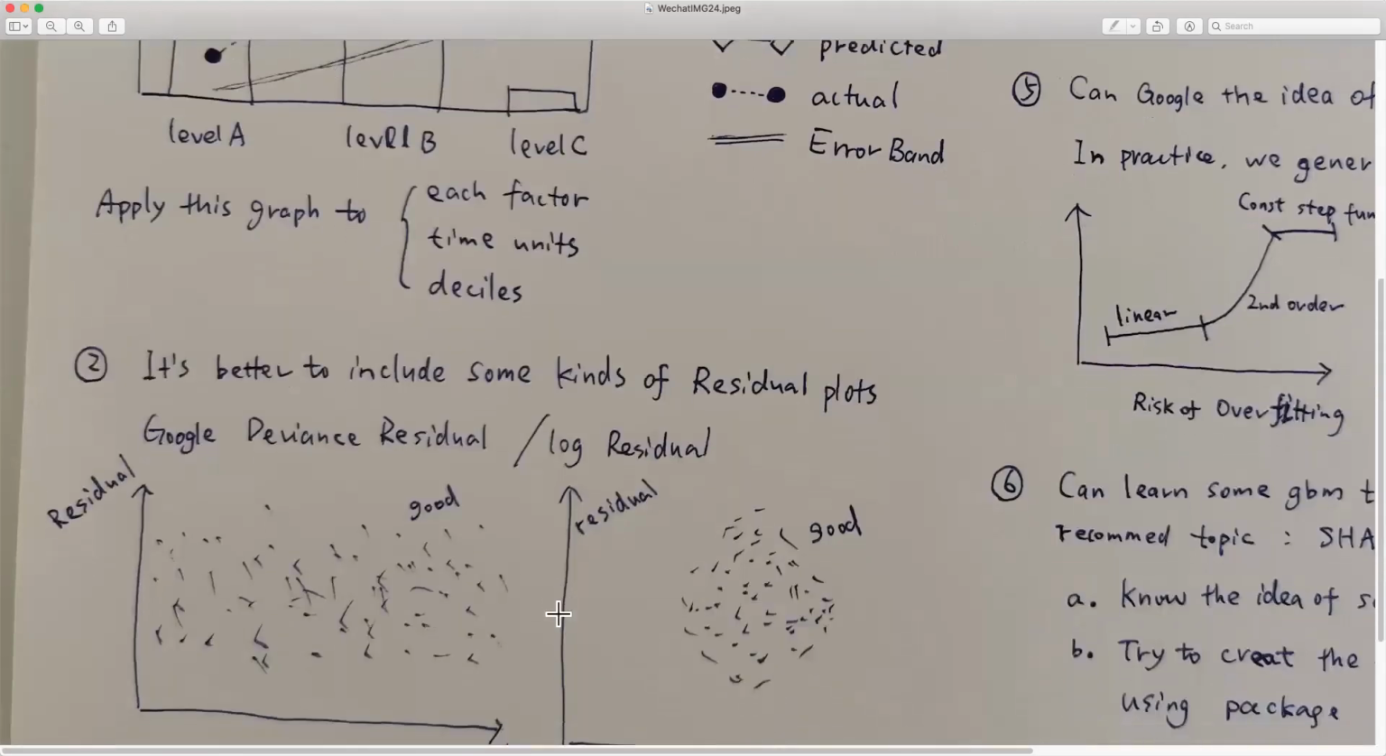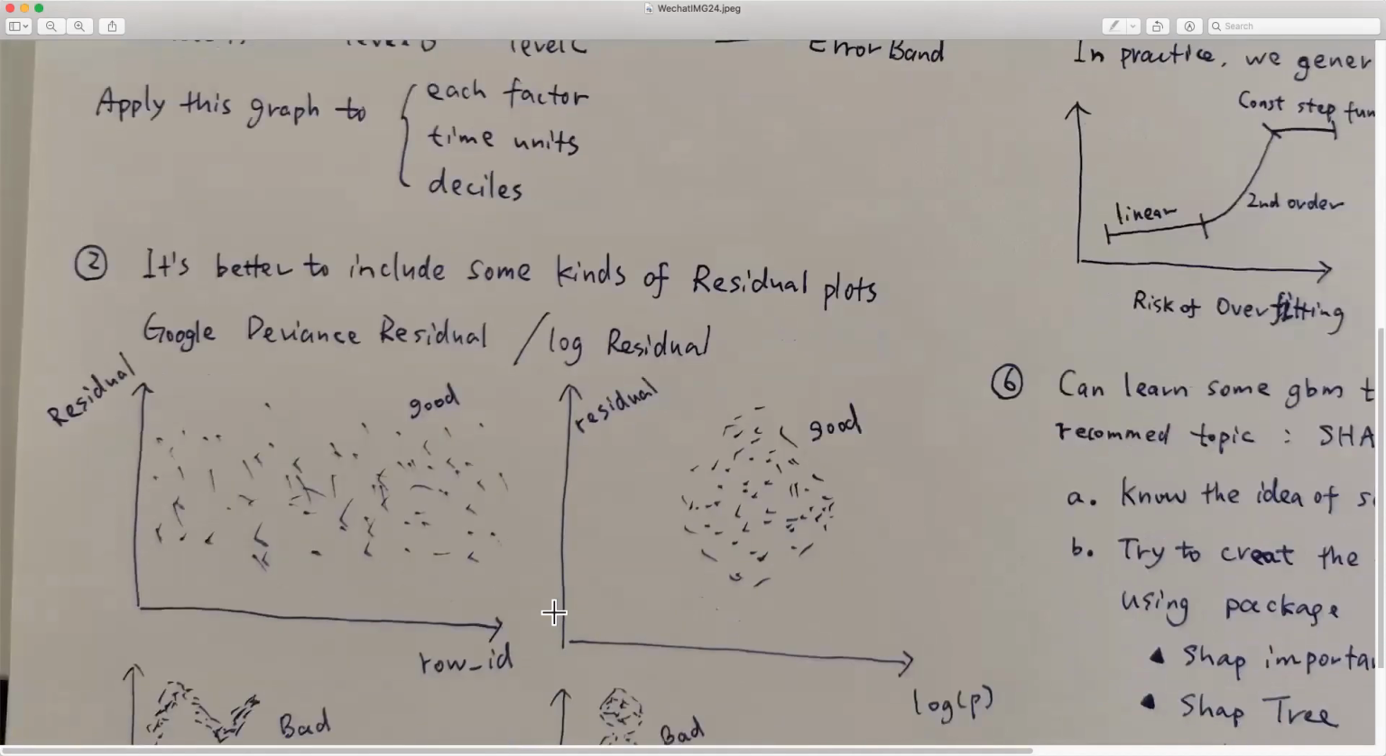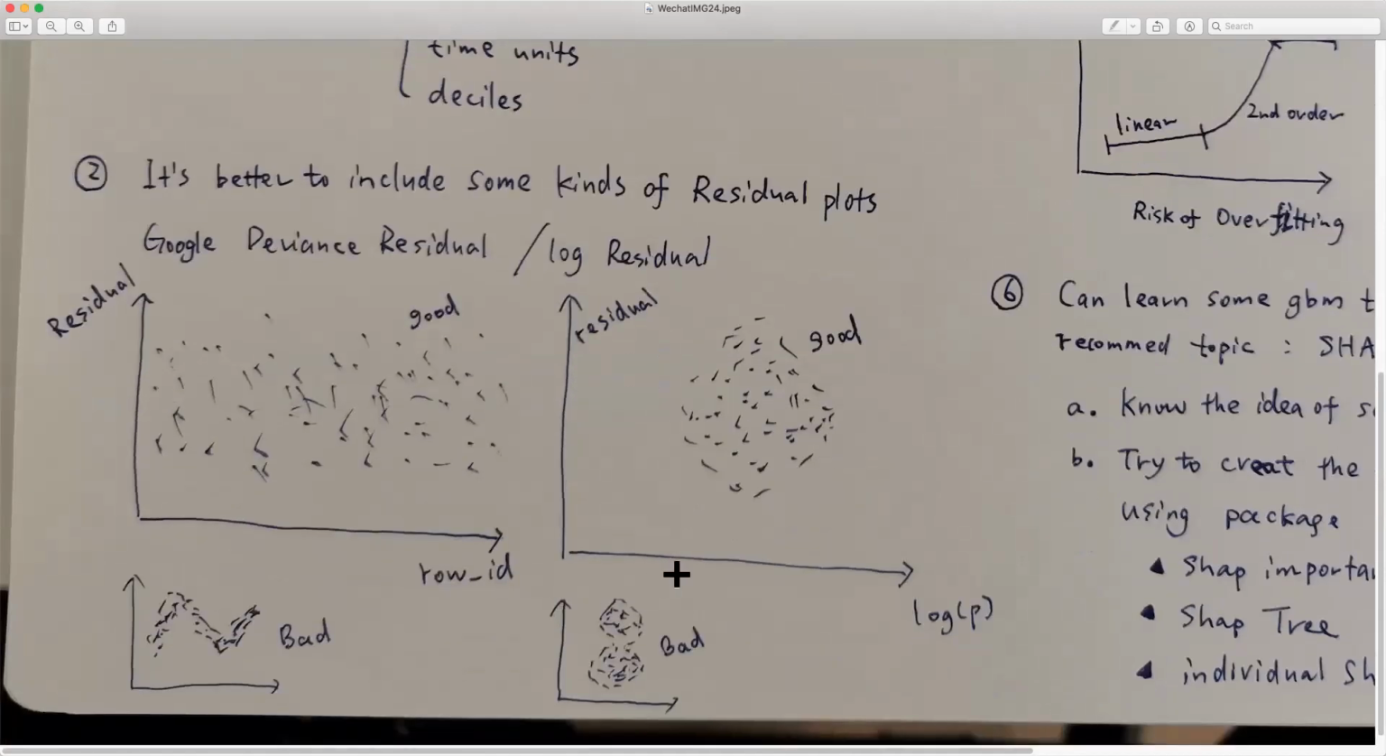Well, the second comment is that maybe it's better to do some sort of residue plots. You can Google deviance residue or log residue, or any kind of residue. But the basic idea is that you want to see the distribution of the residue after you fit the model. For example,